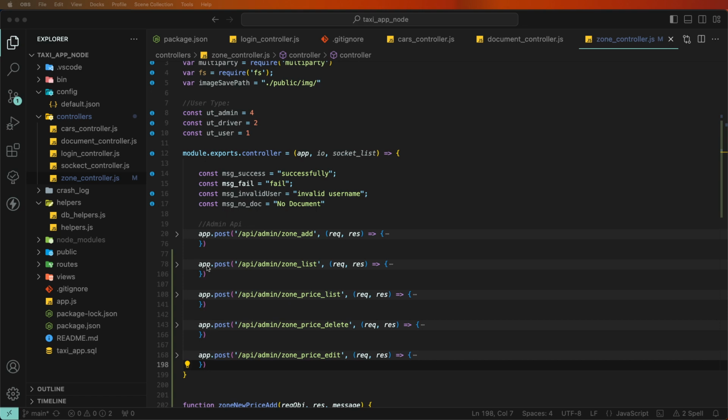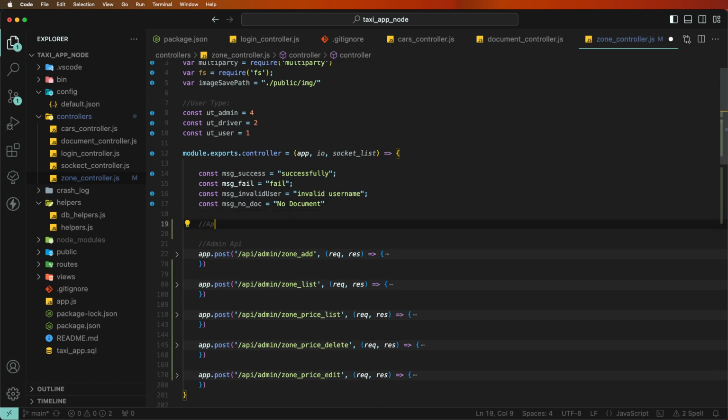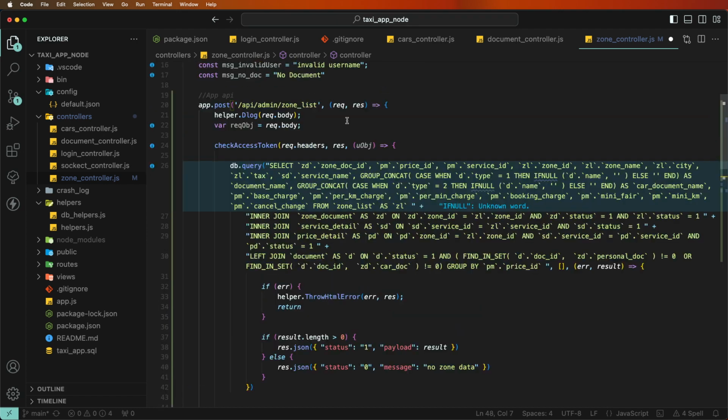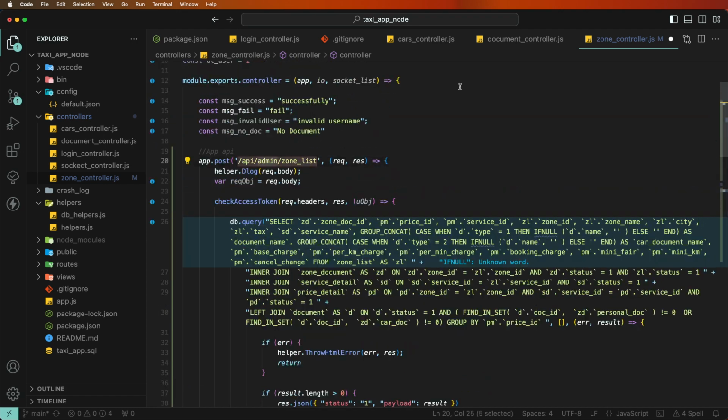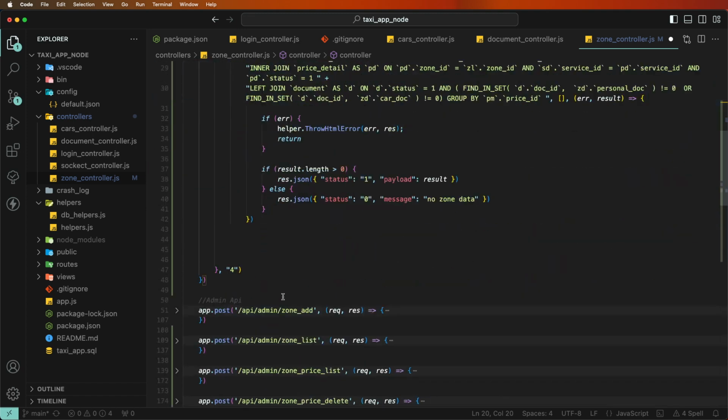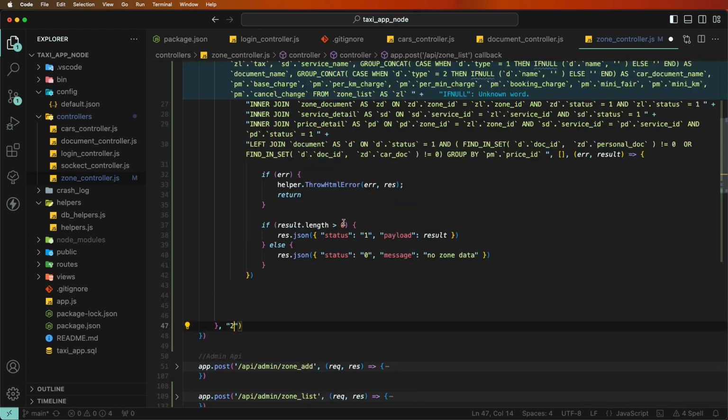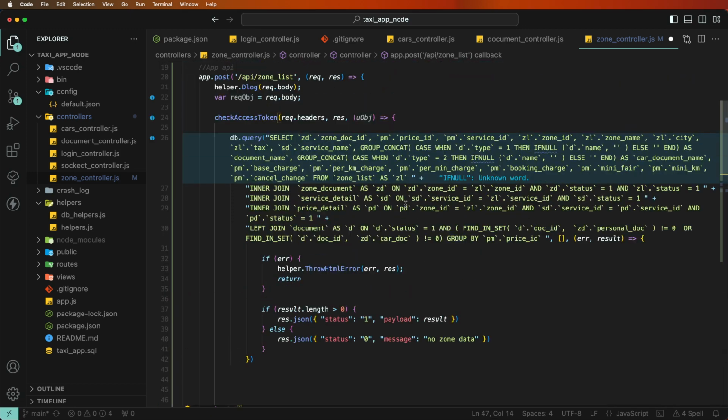First of all, you need to copy the zone list API for the admin API. Copy and paste it here, and write the comment "app API" like this. Paste it, remove this, and also verify and get the zone list too. For drivers to use this API, we need to write it like this. We need to display only the zone ID and